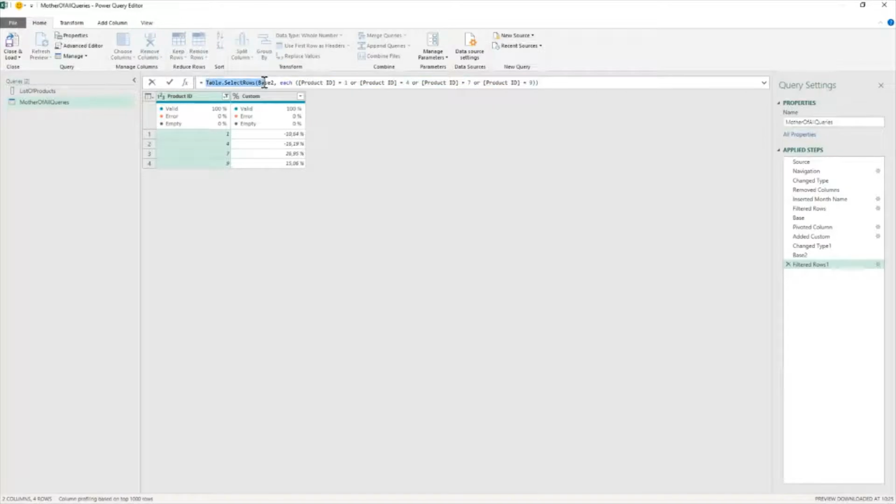So we got table select rows, which is your filter. Start with base 2, which is your step or the result of the step, base 2. And then you have the each. And this is basically what you need. And I'm just going to replace it with the code we're going to use, and it will be something like this. So instead of each product ID equals that and product ID equals that and something, we're going to go each